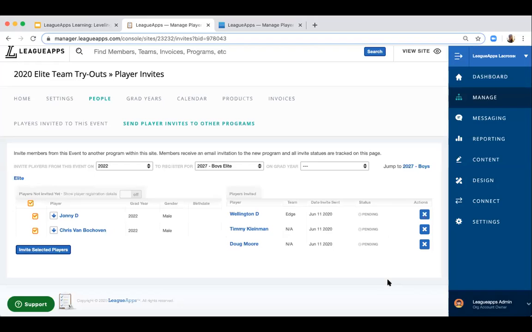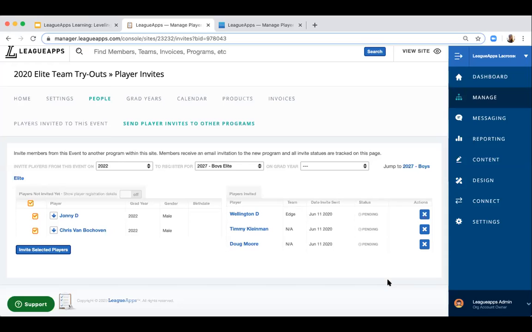And then you can also use it when you just need your current participants to accept registrations for new programs. Another way we see it used is for travel teams. If you as the organizer have people register per tournament they attend to pay the tournament fees, you may want to use this invite to join tool to invite them to that tournament registration. And that's another way you can track the activity and who's accepted.